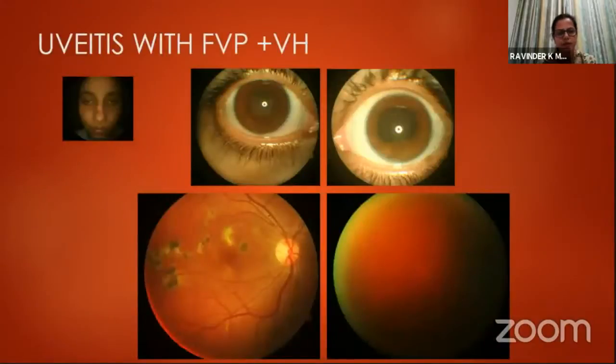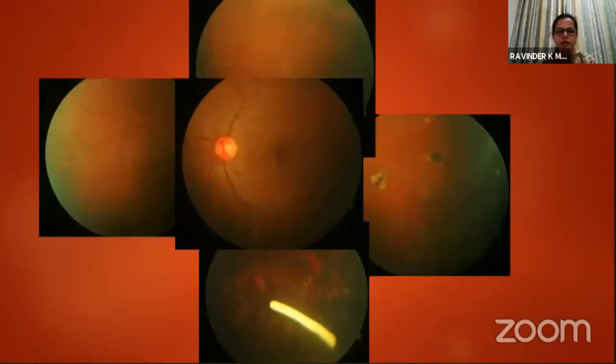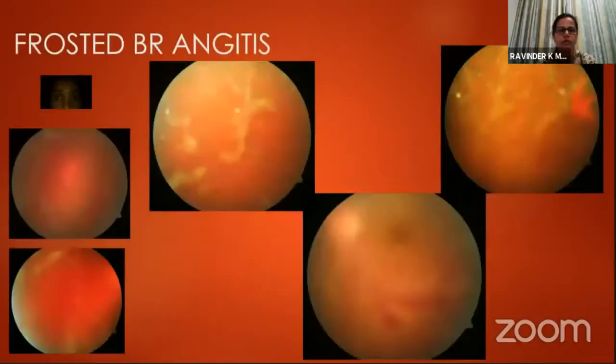This is a young patient coming with vitreous hemorrhage in the left eye. The right eye was showing evidence of healed multifocal choroiditis, and in the left eye you can see the anterior segment shows posterior synechiae, and she underwent vitrectomy because the hemorrhage was not clearing. She had peripheral TRD. So at the time of silicone oil removal, an Ozurdex implant was placed, and she needed long-term treatment with steroids and immunosuppression.